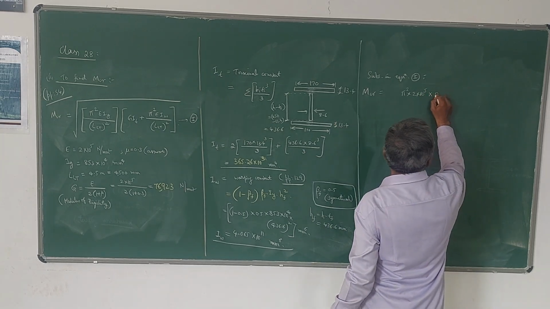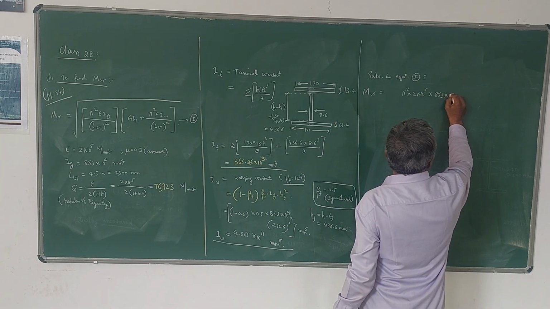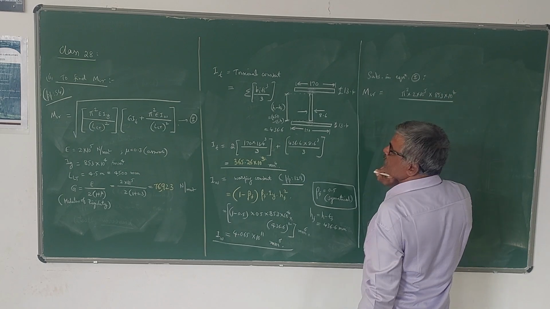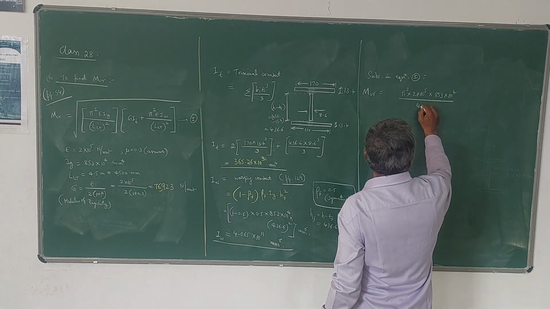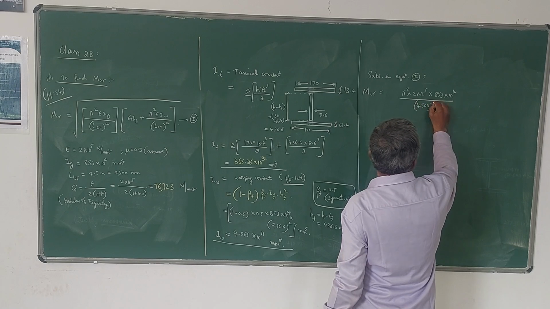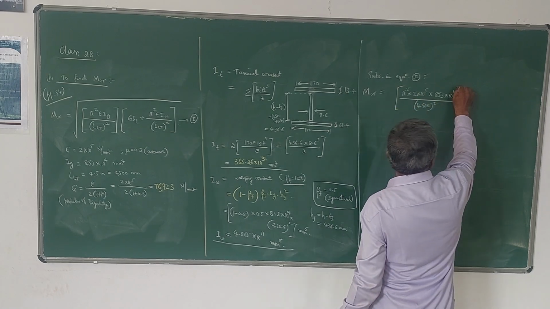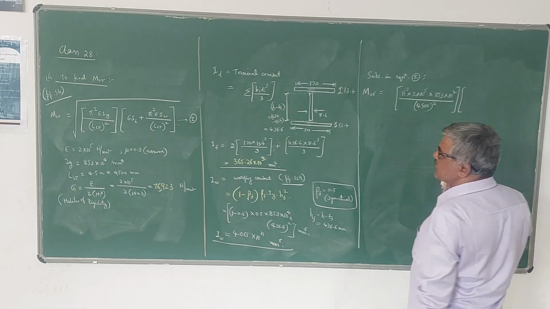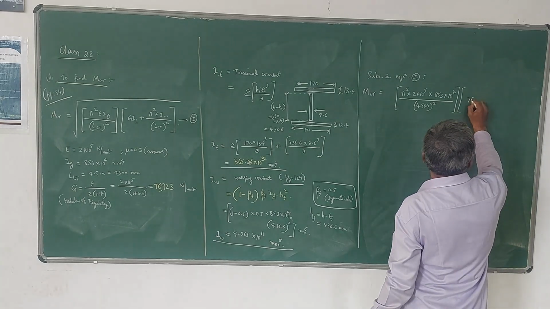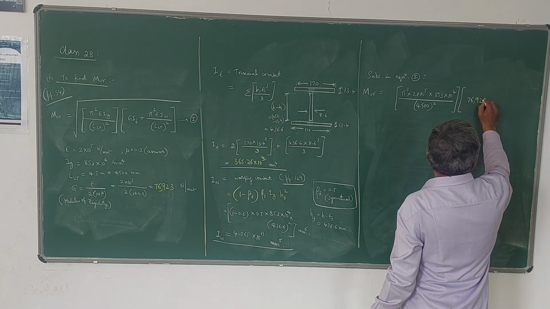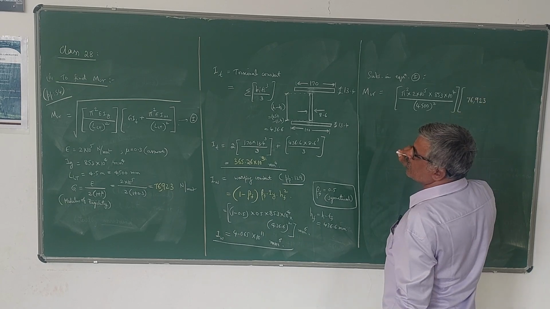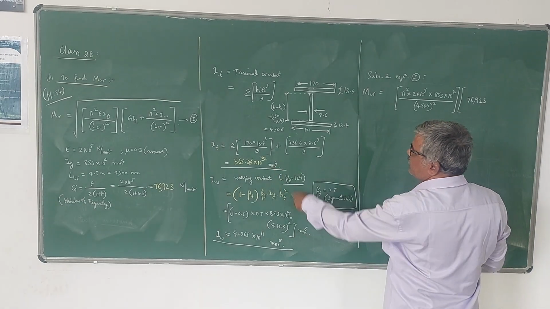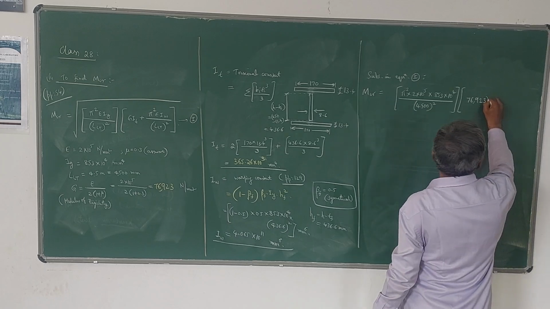IY is 853 into 10 power 4 divided by 4500 millimeter per liter. So this is one term. Second term is G ID. G is 76923, 76923 into ID is this value, 365.26